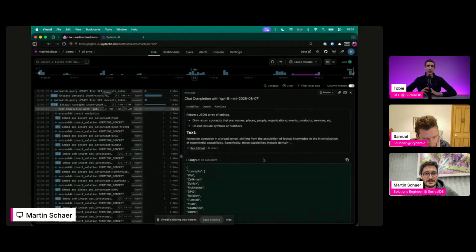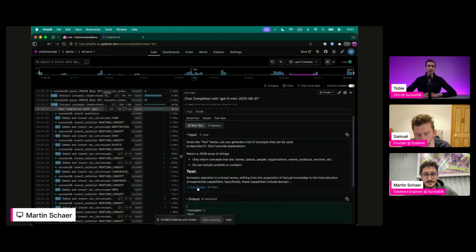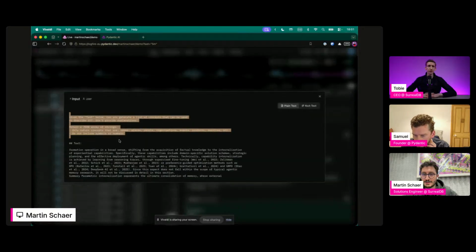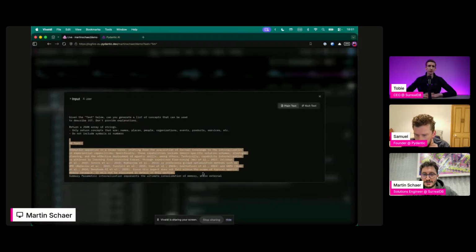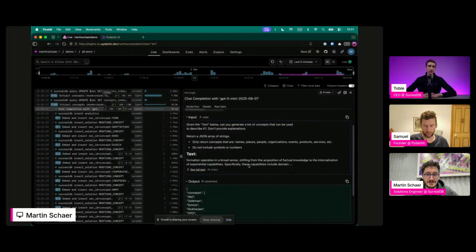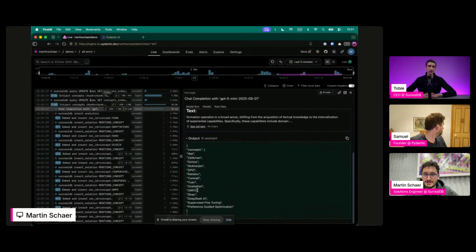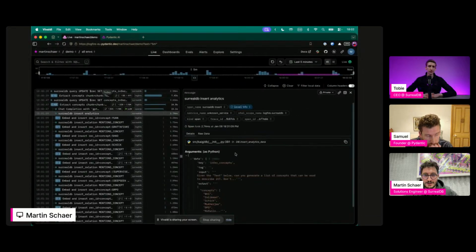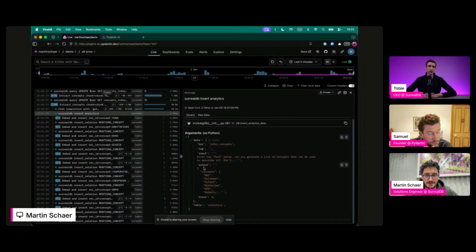Yeah. This is one of the examples where you can actually see the system prompt and the full context. So if you're doing system prompt engineering, this is what you will want to see changing, and then the output. And here you actually can see when I am inserting that in my analytics table, giving it a score.